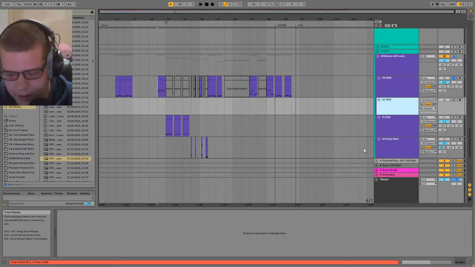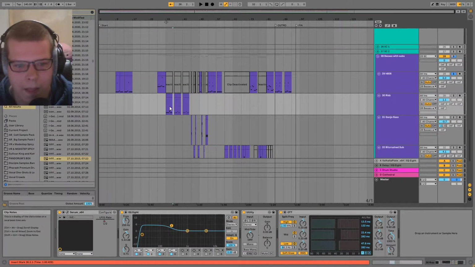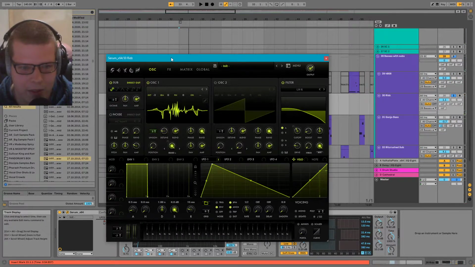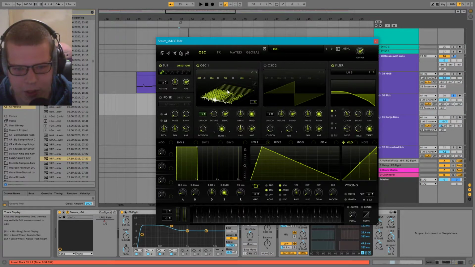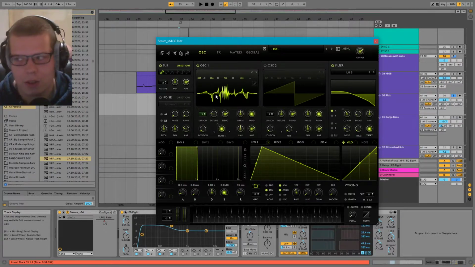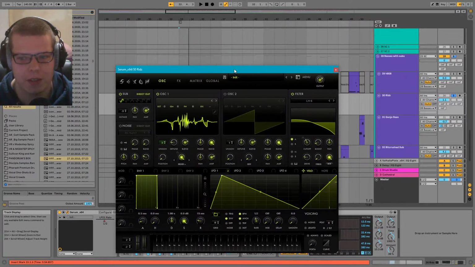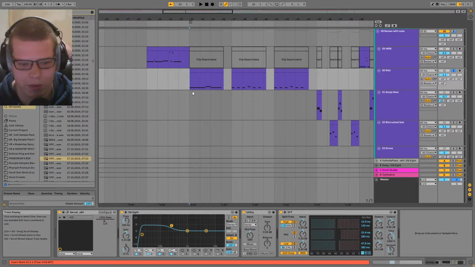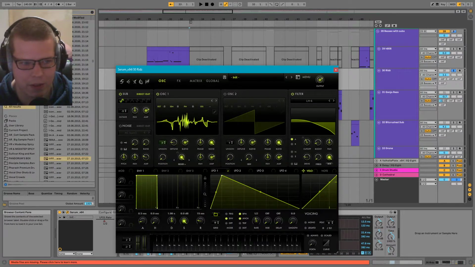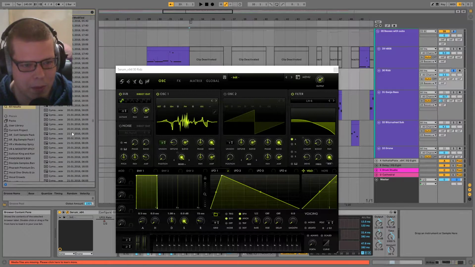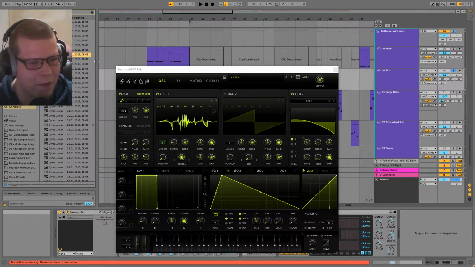Empty MIDI track, nice. Alright, so let's see what the sample on this is. Yep, I'm pretty sure that's just a random sample. So what I did for the basses on this track, not sure about all of them, but a few of them, I think I just searched Foley, or opened up a Foley sample pack, found something with some tonality.